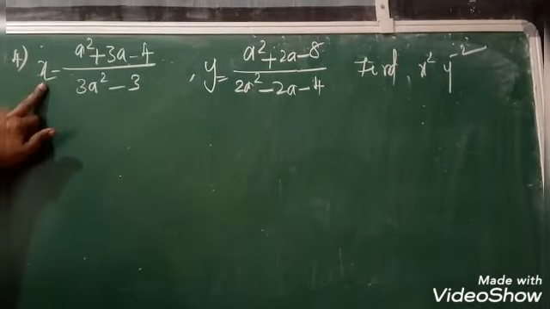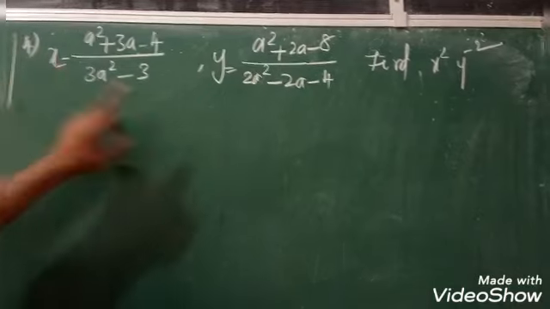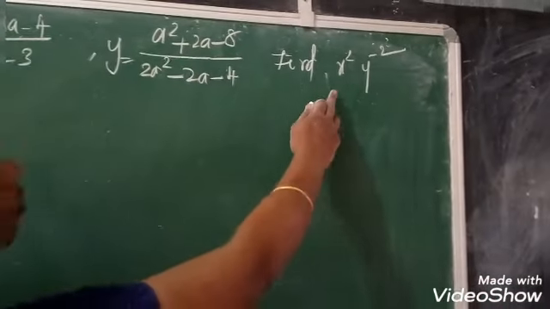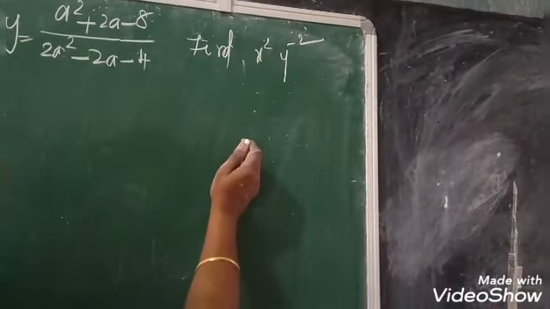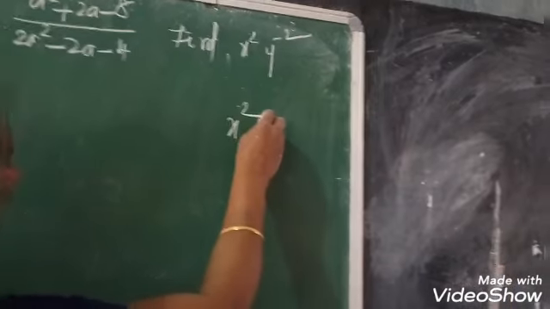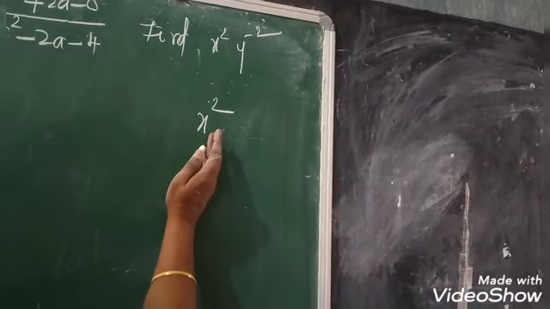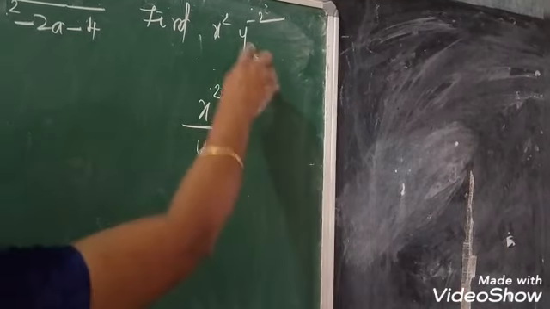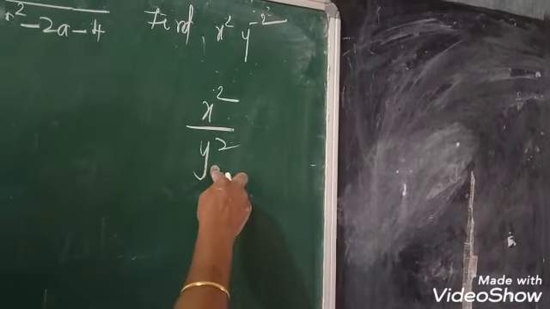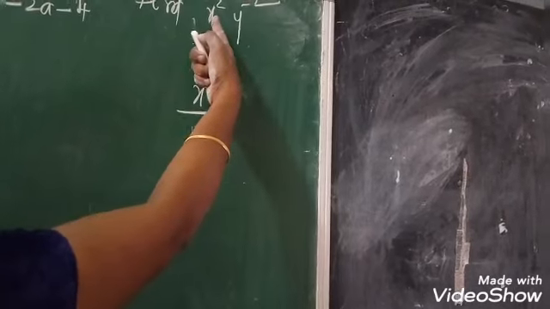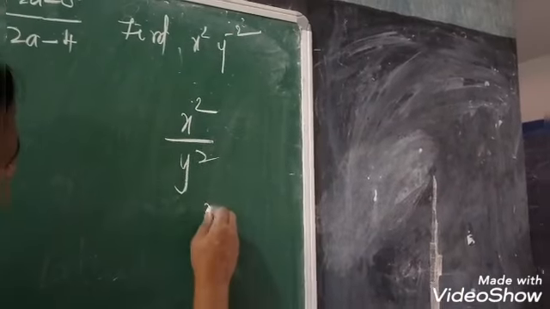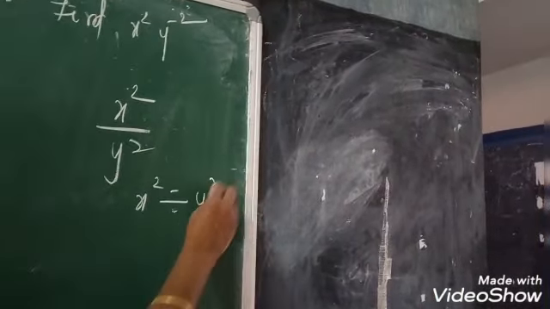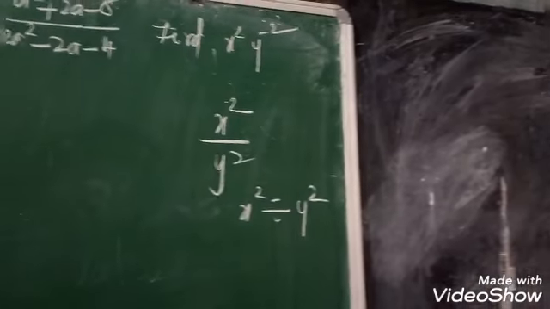Okay. Here polynomial x is given, y is given. Find x squared y power minus 2. How do you do it, girls? x squared means you want to square the x term, divided by y squared. The y power minus 2 is converted to exponential form. You already studied that in the lower class, no girls? Yes. x squared divided by y squared. They given us x squared y power minus 2, or otherwise x squared divided by y squared. You have to find out. Okay. What is the answer?